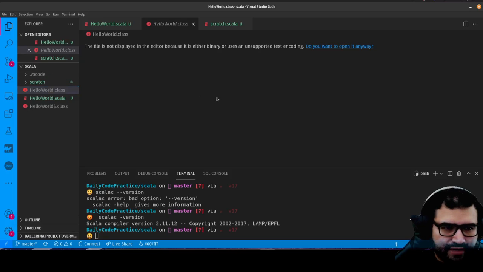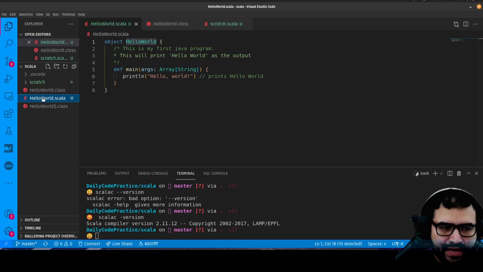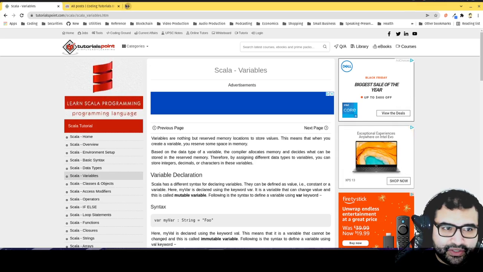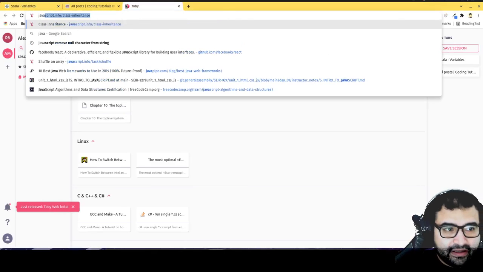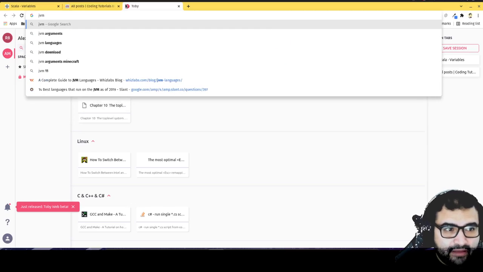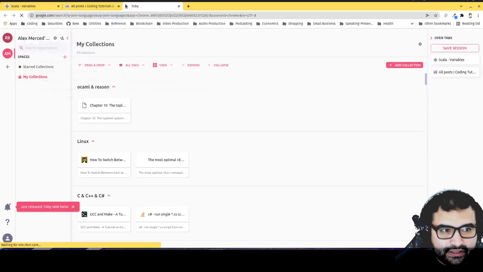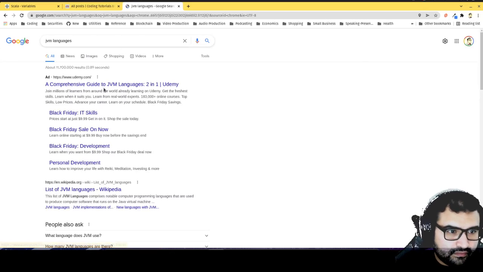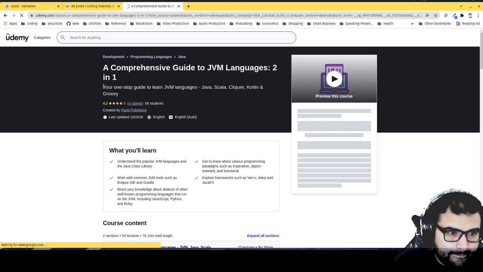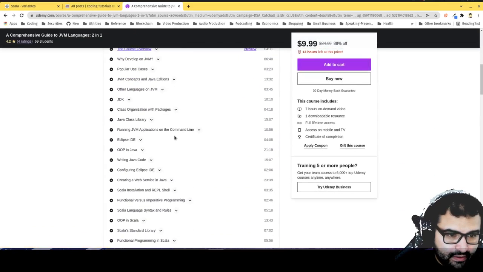but cool stuff. So basically what happens is Scala is just another language that compiles to Java bytecode. Java compiles to Java bytecode. Ballerina compiles to Java bytecode, and there are several other languages. Let me do a quick search on that because it's an interesting topic. JVM, Java Virtual Machine languages. Let's get a list.